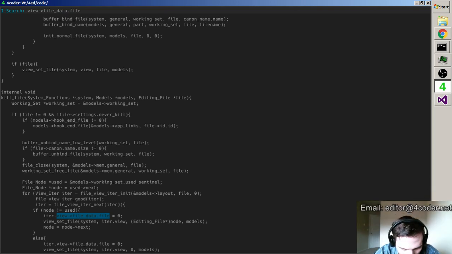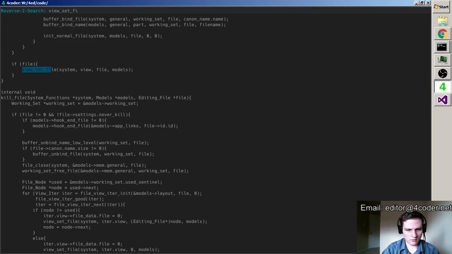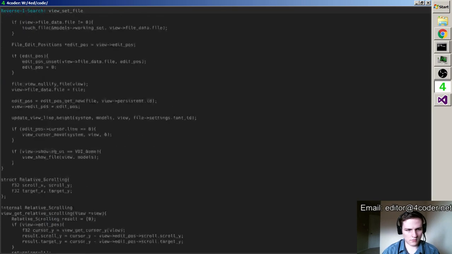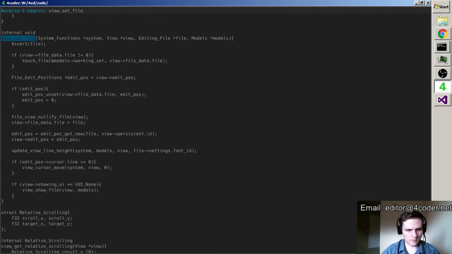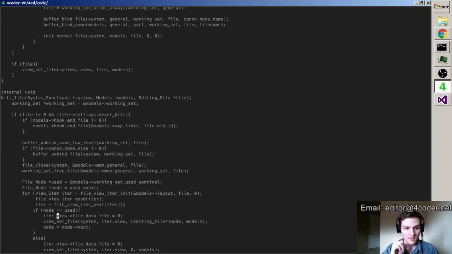Wait, what? Why is this getting set to 0? Right, because it's going to set the file right there. Now why are we setting that to 0 first? It does not equal 0. We touch the file. So this is to control whether or not we touch the file that we were just using. Okay. Well, that's lame.